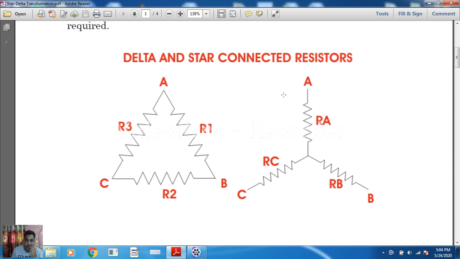Before doing that, first we have to know what a star circuit is, what a delta circuit is, why we use star and delta kinds of circuits, and in which kind of supply lines we actually use them. Then we will go for the conversion. It will be very interesting and very easy to understand then. So first we are going to do star and delta. What is star connection, what is delta connection?